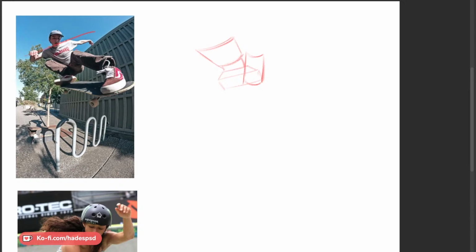So one thing you can do is find a simple shape, so you can fit a nice triangle in there. Right, and the good thing about triangles is that the angles are very specific, so it's good for checking proportions.